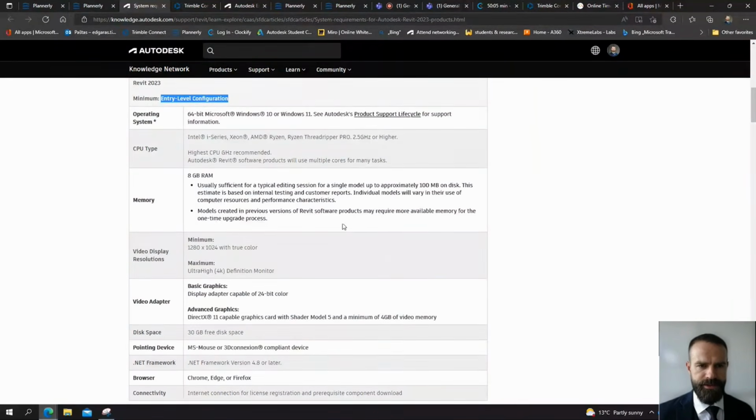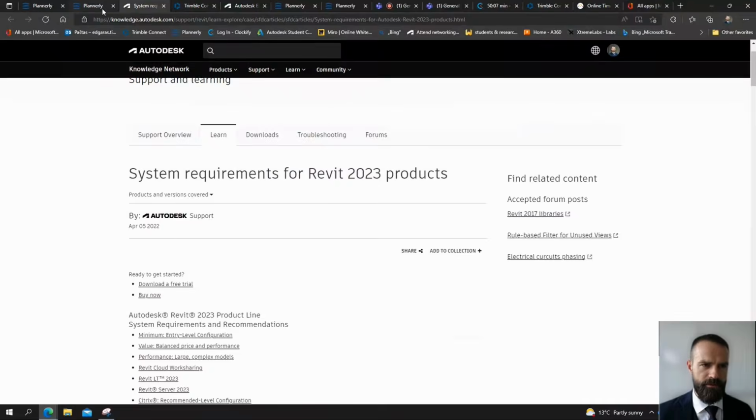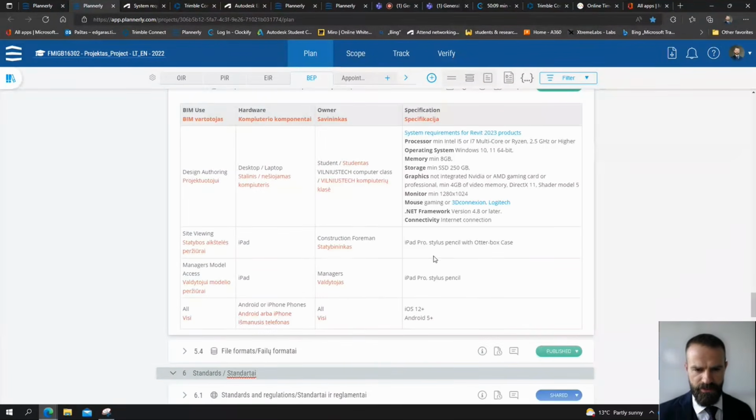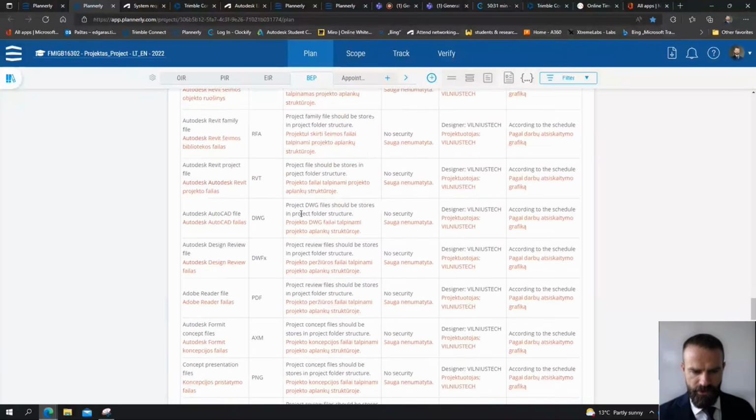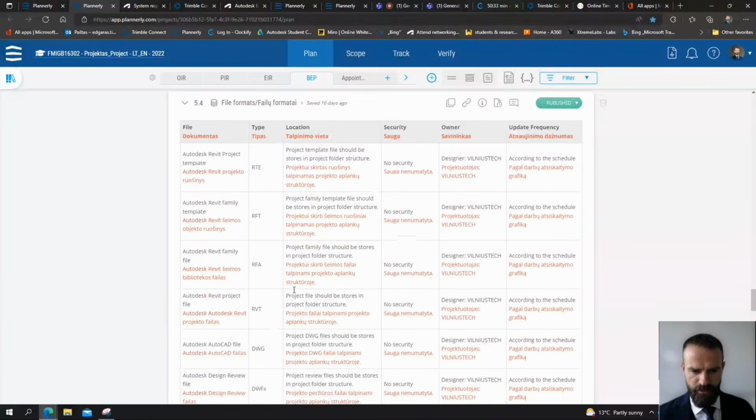Mostly gaming computers are good for such kind of topics. And of course, all the engineering programs mostly do not work on Apple computers. So sorry, Apple lovers, you need to install Windows inside your computer and use Windows if you want to run Revit or other applications. Here are the file formats which we will use in our course, so please check it